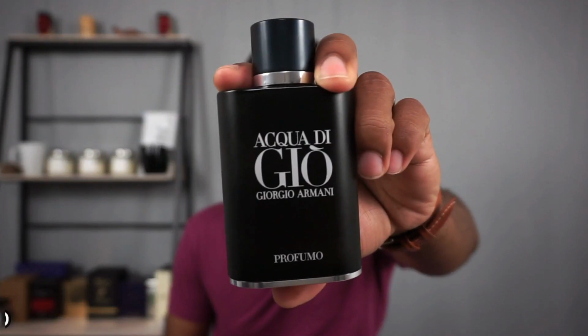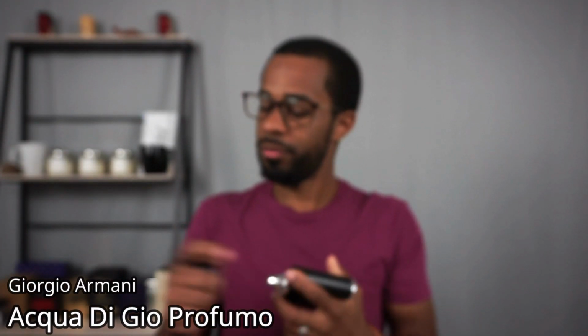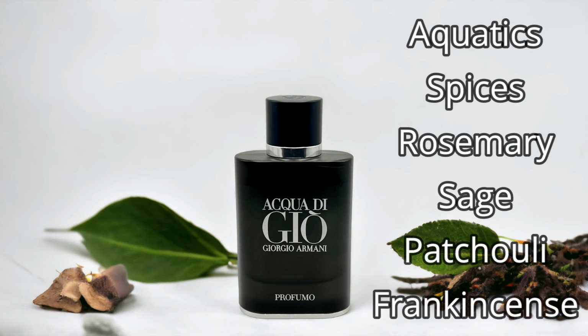Next up, from the house of Giorgio Armani, we've got Acqua di Gio Profumo. All right, so let's just be real. Really, any of the Acqua di Gios fit into that grab and go category, or at least most of them do, because they're so versatile. Of course, you can just grab it and spray it and go, which is what most normal people want to do anyway. So this one, of course, you already probably know it, has those aquatic notes, a little bit of a spice to it, and fresh and aromatic touches, but Profumo in particular has added patchouli and incense just to make it a little bit darker